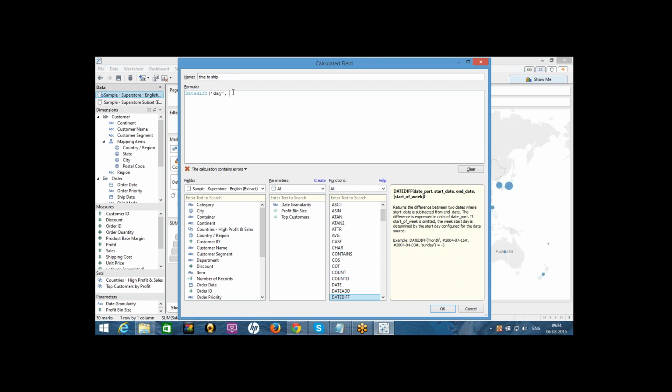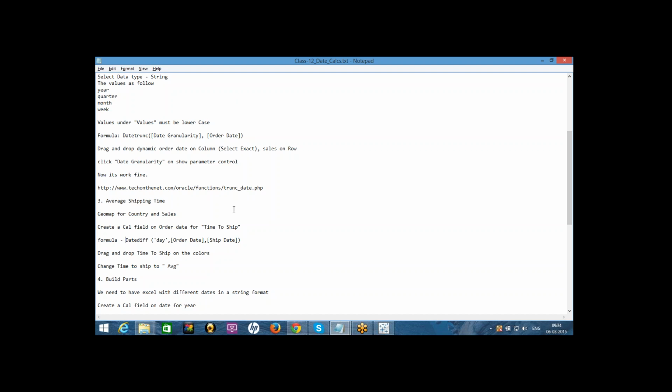Same thing here. I would like to calculate the ship time from the order date and ship date. The ship date is nothing but the moment when we shipped the product to the desired location.